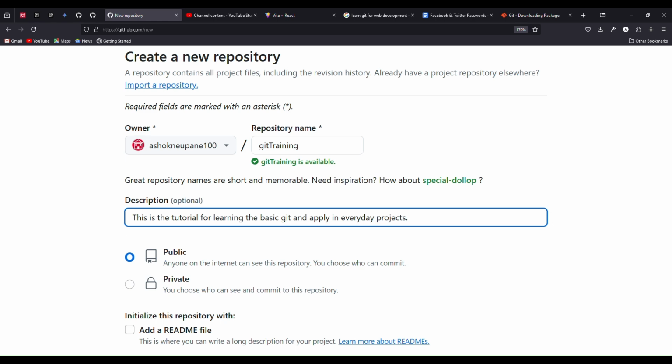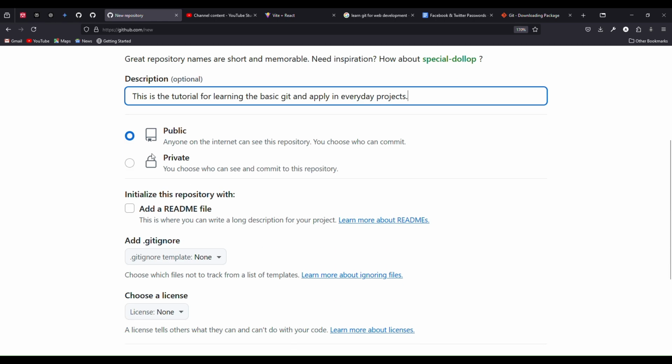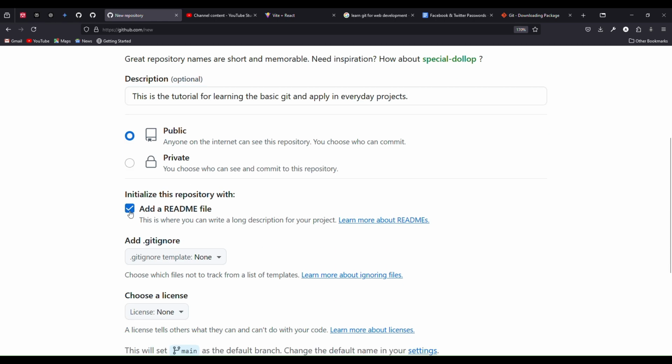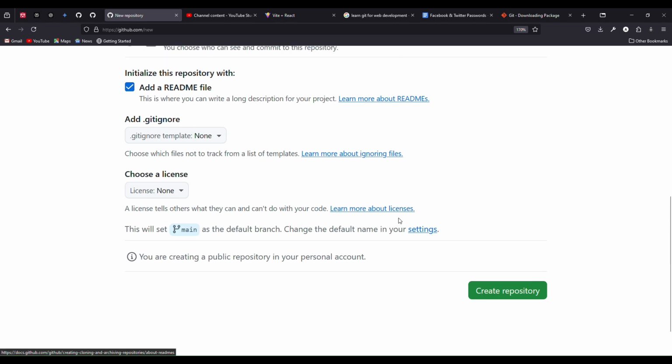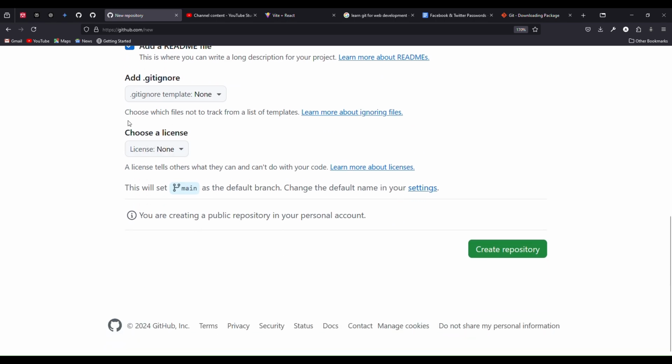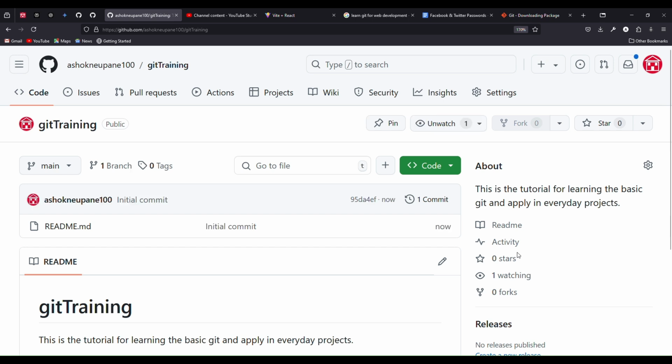After that, you can put the readme file if you wish. Then you click on this screen and create. Yes, it has been created.